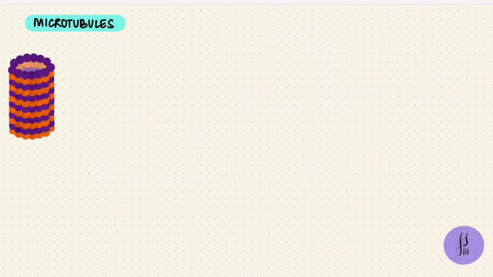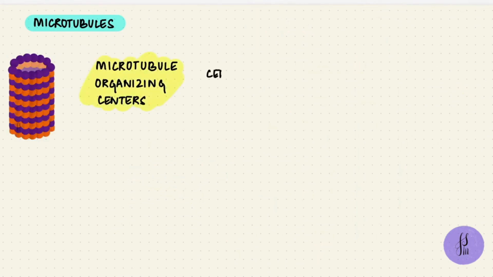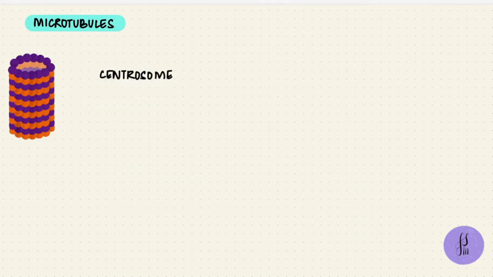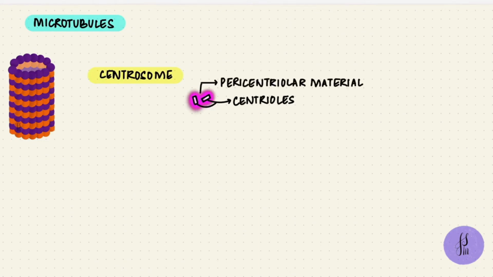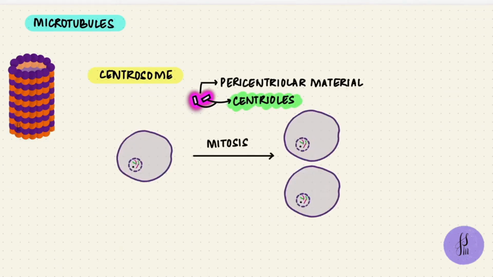Microtubules are formed in microtubule organizing centers. More familiarly, that would be the centrosome. Centrosomes consist of two centrioles, which are these cylindrical bodies arranged perpendicular to each other, and they're surrounded by pericentriolar material. I'm sure as soon as I said centrioles, the first thing you'd think about is cell division, mitosis, meiosis,